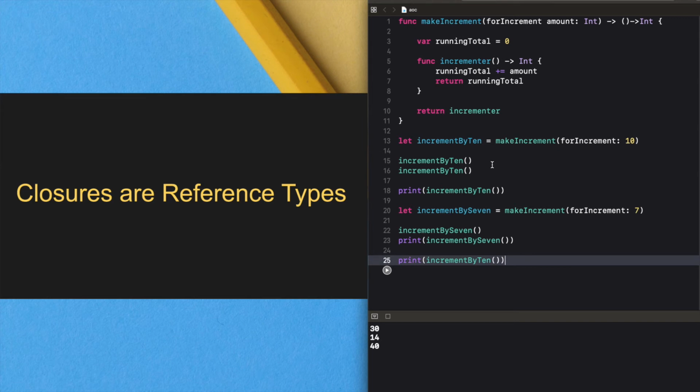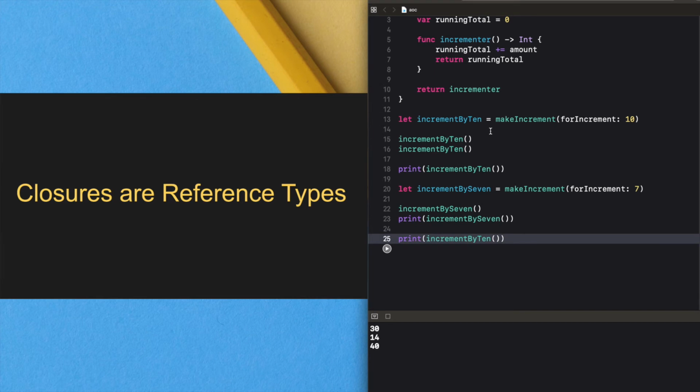This is because functions and closures are reference types. Whenever you assign a function or a closure to a constant or a variable, you are actually setting that constant or variable to be a reference to the function or closure. This also means that if you assign a closure to two different constants or variables, both of them refer to the same closure.